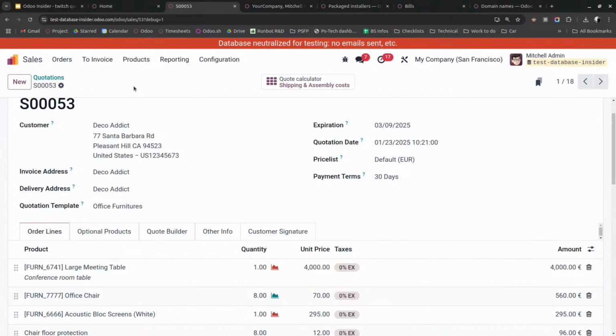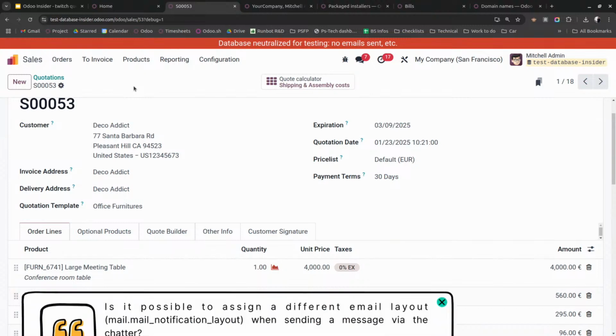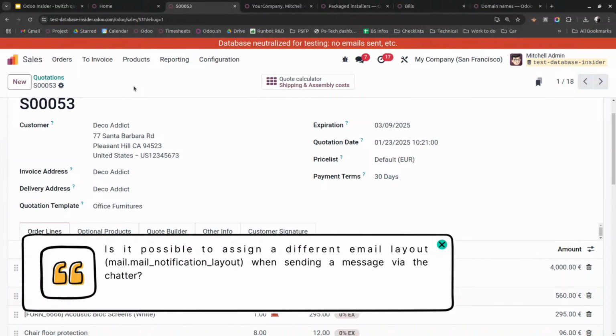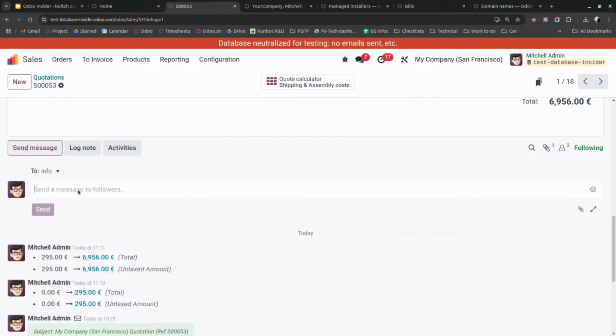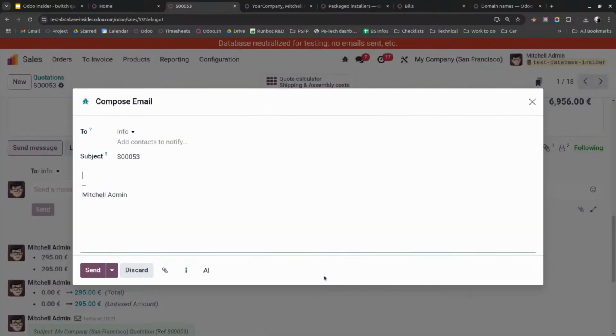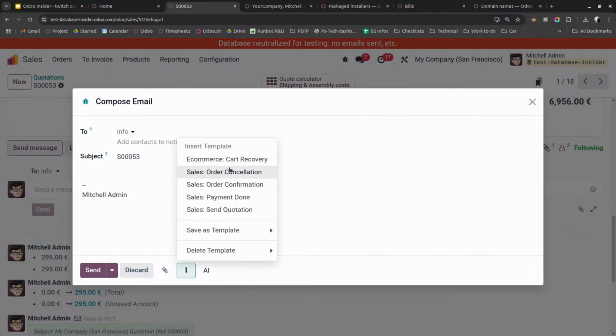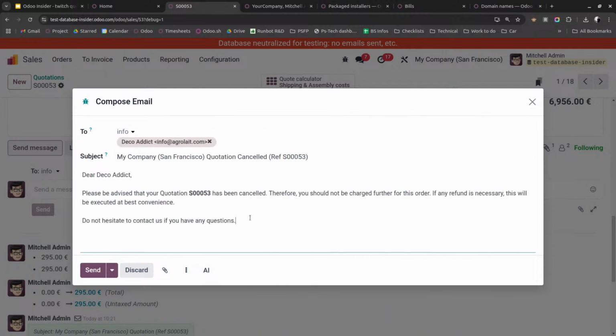This one is indeed a good question. Is it possible to assign a different email layout when sending a message via the chatter? I'm not sure it's the case. I think that's by default settings that you have when you decide to send a message in the chatter. If I open it here, I can only select a specific template. I will not have the possibility to see the header and the footer of my email, because